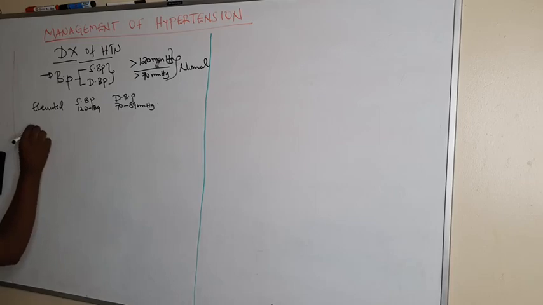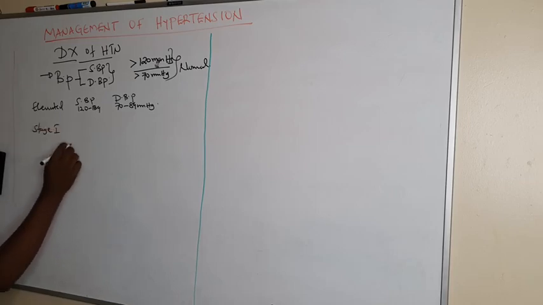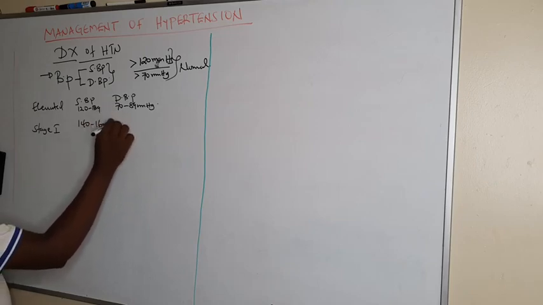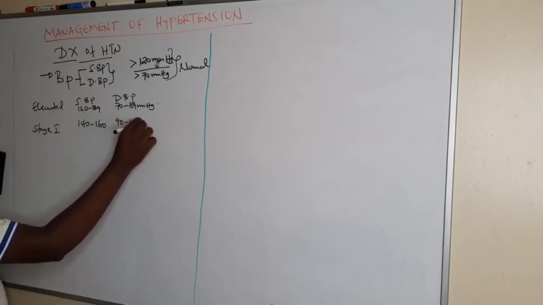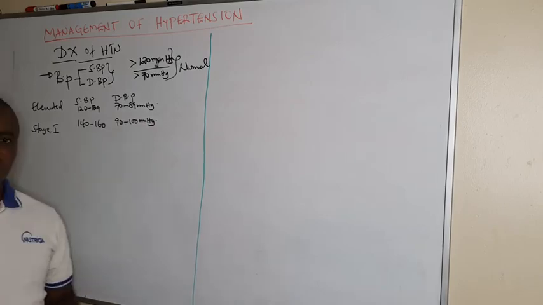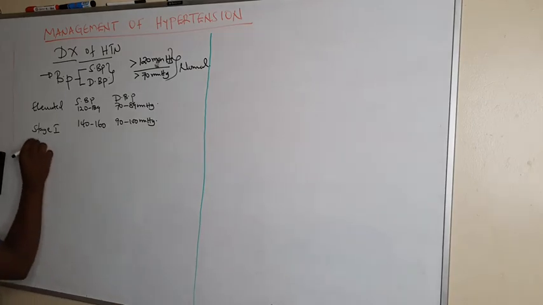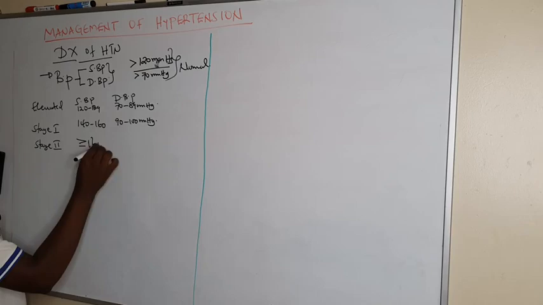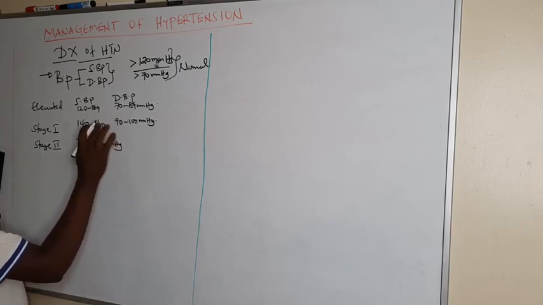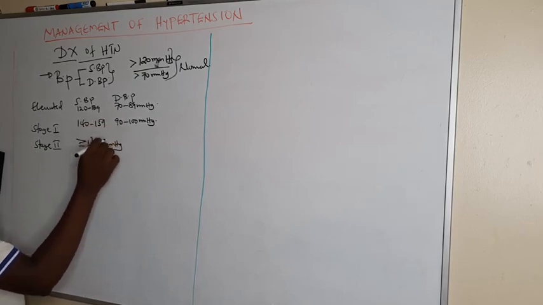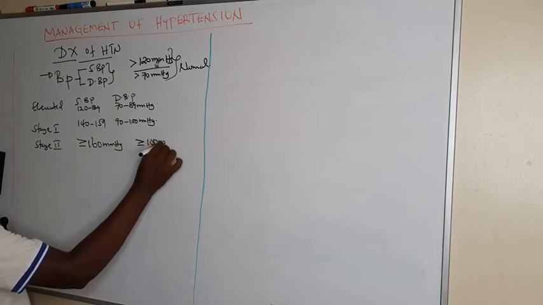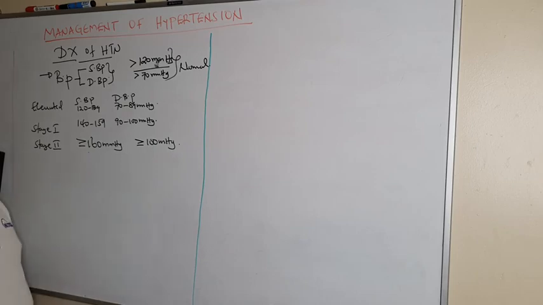Then stage 1 hypertension is whereby someone is between 140 to 160 systolic, then diastolic is between 90 to 100 millimeters of mercury. So this one is said to be stage 1 hypertension. Then stage 2 hypertension is whereby someone is greater or equal to 160 millimeters of mercury. This one is not 160, but it is 159. That is systolic. Then if someone has greater than 100 millimeters of mercury diastolic,